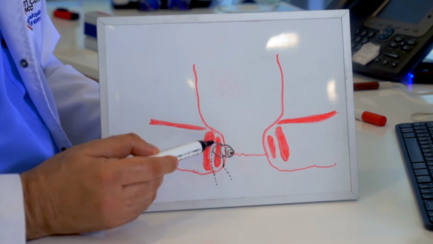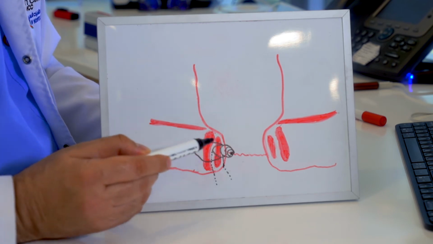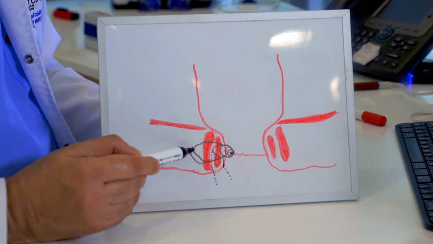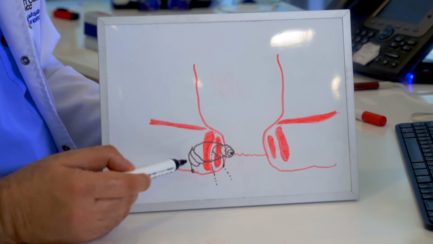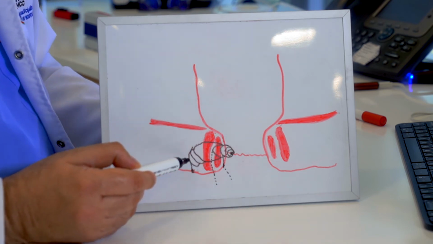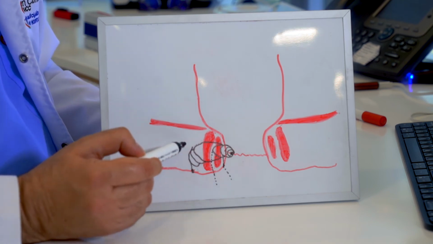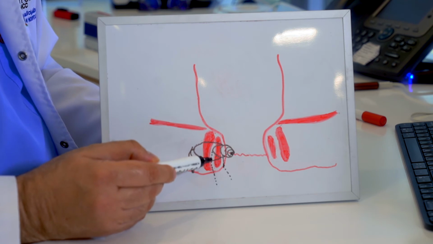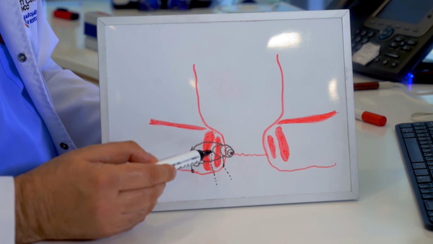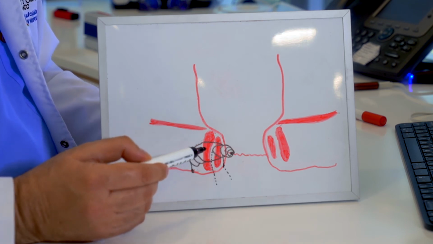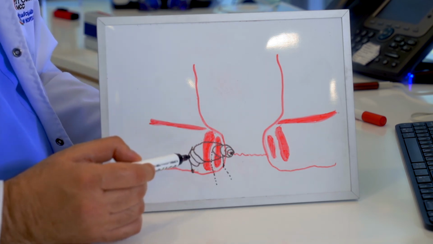It penetrates the external sphincter here, so the abscess becomes like this and enlarges until it opens to the skin in here. This is now called a transsphincteric fistula or transsphincteric abscess. It penetrated both muscles, and any kind of intervention on it will by necessity entail the risk of damaging the sphincter muscle. And that's where the role of the laser fiber treatment that we do comes in handy,